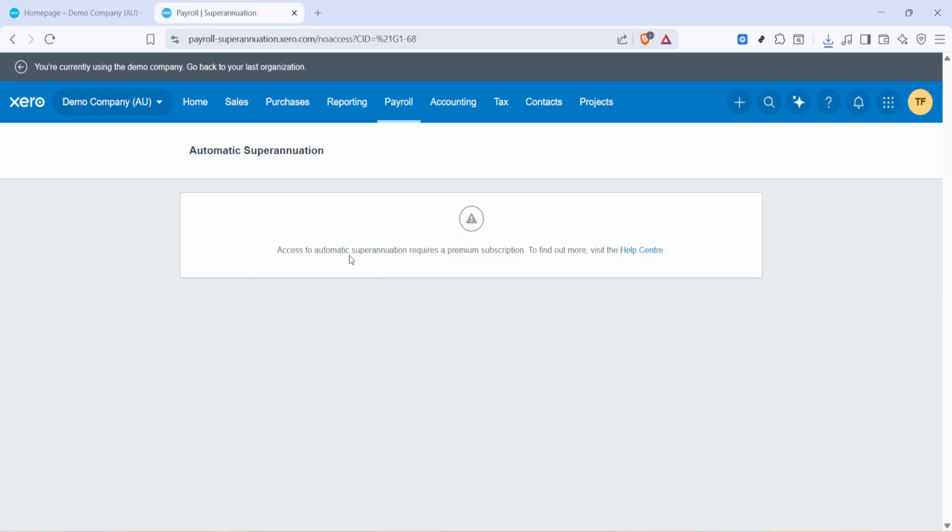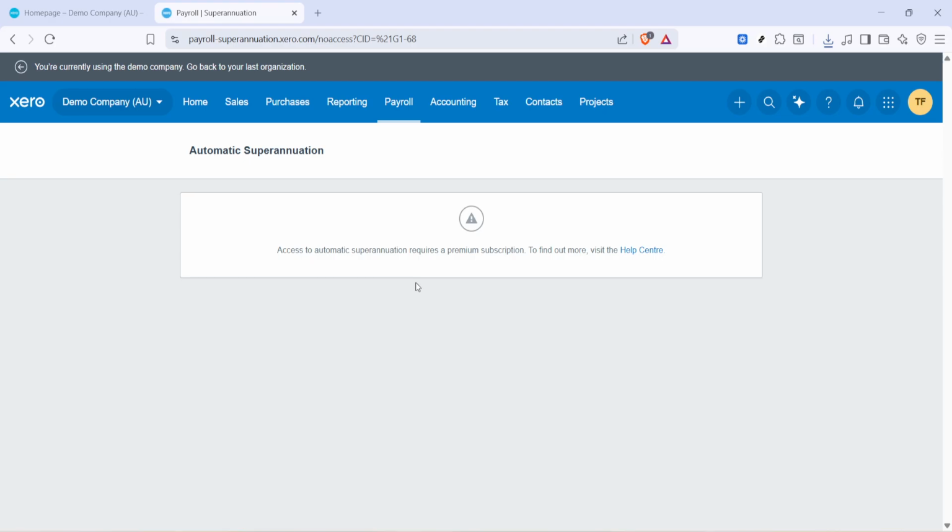Once you're in the payroll area, click on Superannuation. This opens the superannuation section where AutoSuper is managed. Here, you can view super contributions that have been calculated from your posted pay runs. It's the place where contributions are gathered and prepared for payment through Xero's clearing service. Think of it as your console for reviewing what's due, confirming the amounts line by line, and getting everything ready to send. If you've posted recent pay runs, you should see the corresponding super amounts appear here after the payroll